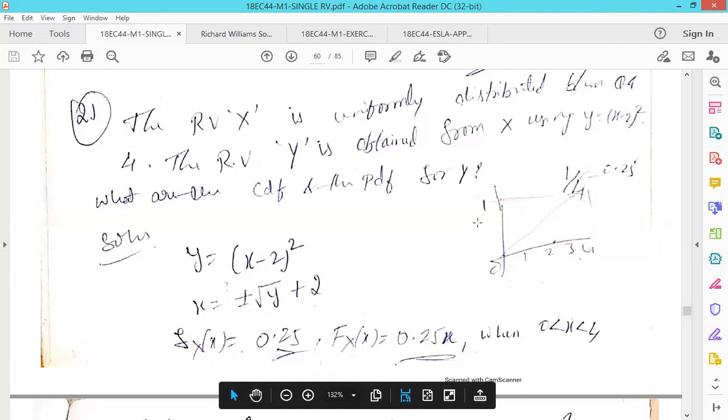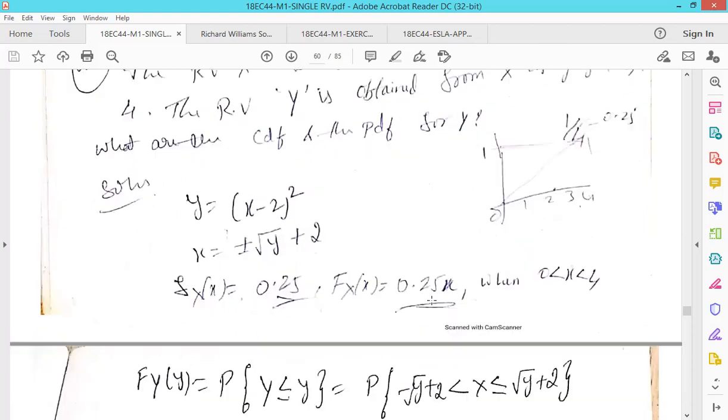Since x will be taking various values, we will not specify it in particular. Instead we will write Fx of x in terms of x as 0.25x, where x takes values from 0 to 4. So now, using this fx of x and the capital Fx of x, we need to get the PDF and